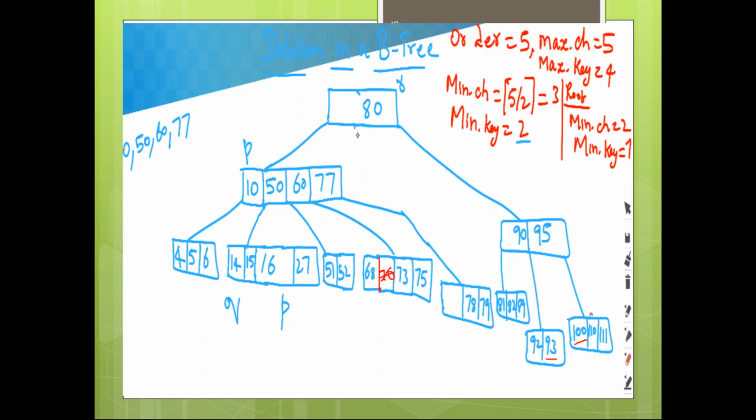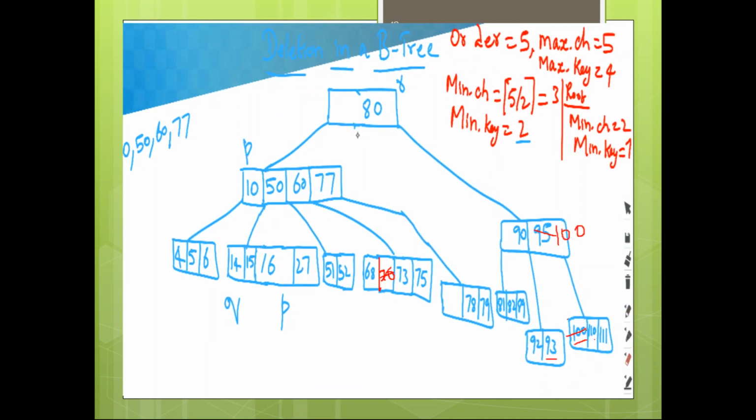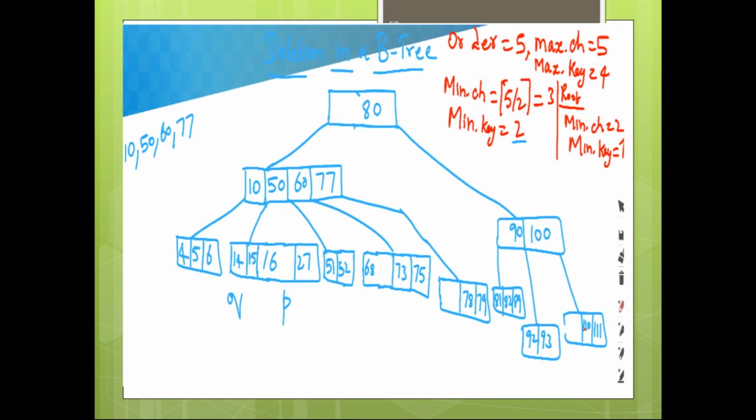Okay, so let us go with the in-order successor. The in-order successor of 95 is 100. So replace 95 with 100 and just remove this 100. This is how we delete 95. After deleting 95, this is the resultant tree. Along with 90 we have 100, and 90's right child is 110 and 111. Okay, fine. Next let us see how to delete 77.